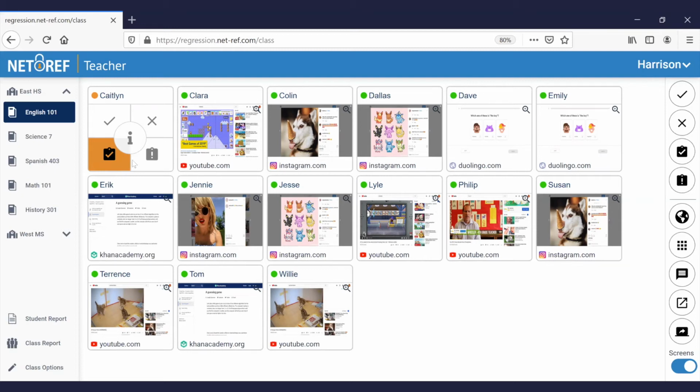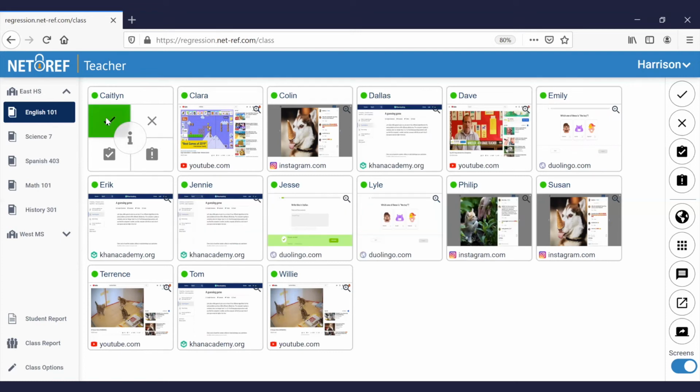The block list is the opposite of the Allow list. Click on the button in the bottom right to turn a student's tile to blue and prevent access to specific websites you don't want students visiting, like Instagram and YouTube. Each of these 4 rules, allow all, block all, allow only, and block only, can also be applied to the